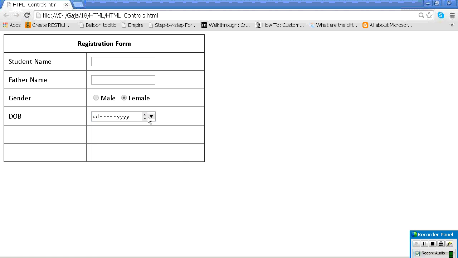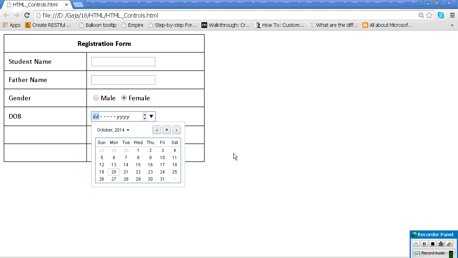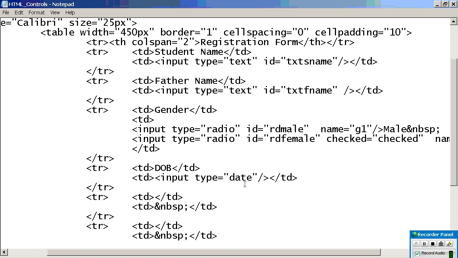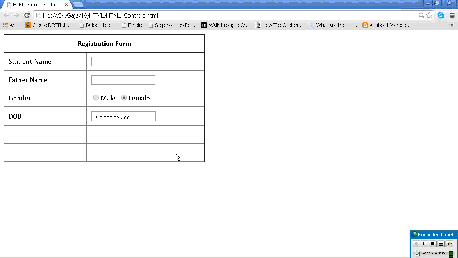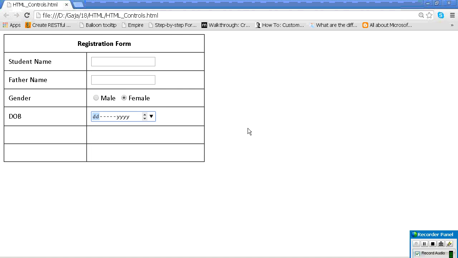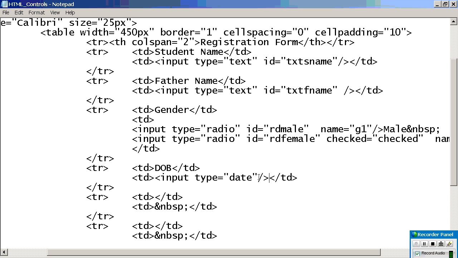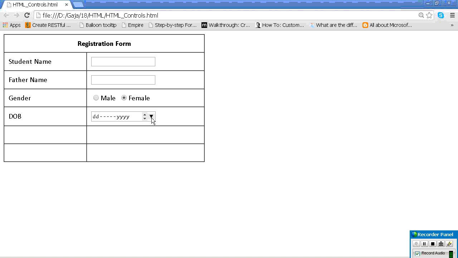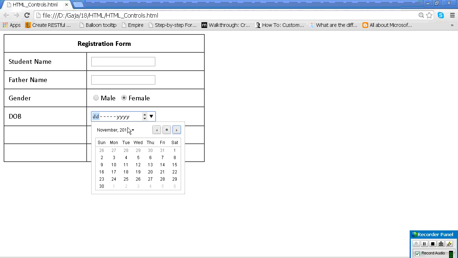So in such a situation, what was the alternate way? We will go for input type equal to text only. Later we have a concept called jQuery, right? JavaScript. There we will implement the date picker. If you click here, generally we will get a date format set, like when using a website while selecting your travel date or anything. By that time you will learn how to implement it. But here, if you are developing the website in HTML5, then you need not go for such a kind of control.